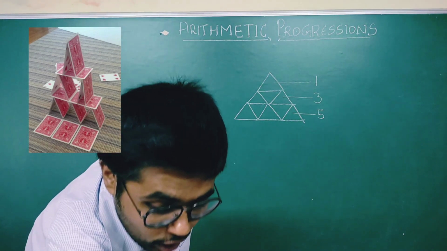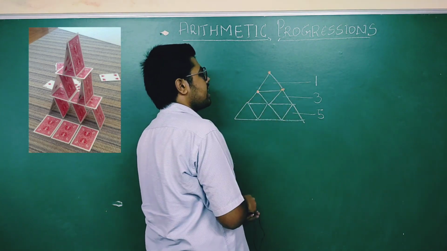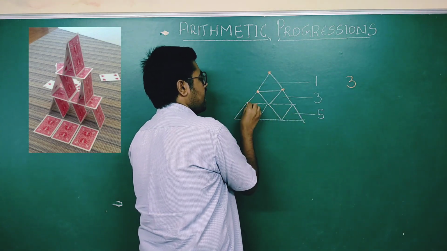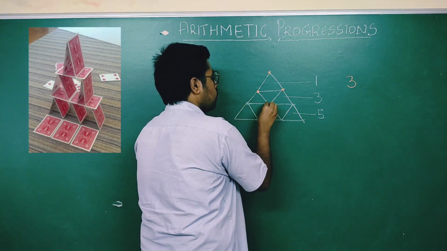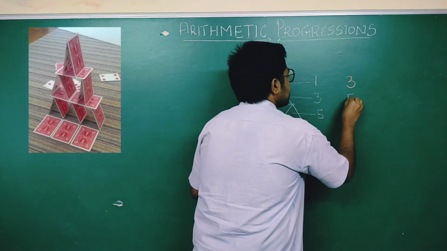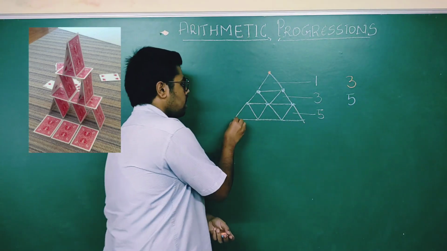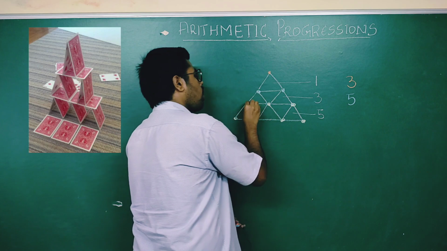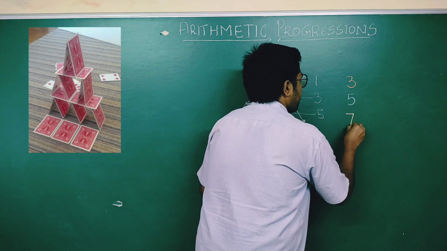Now let me show one more pattern in this. If you see the vertices here, just study the vertices. In the first layer, how many vertices? There are 3 vertices. Now just see the second layer. How many vertices here? I'll color it. 1, 2, 3, also count this, 5 vertices. Next, I have one more layer, I'll show it in one more color. Vertices here, also count this, how many vertices? 1, 2, 3, 4, 5, 6, 7, there are 7.